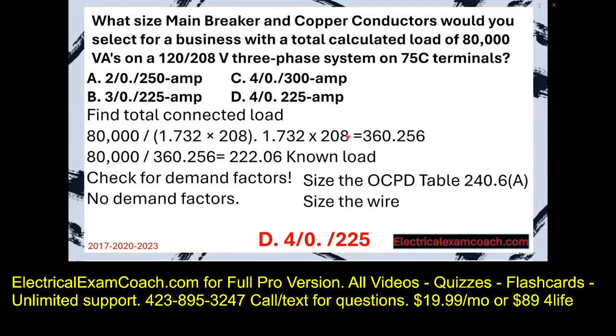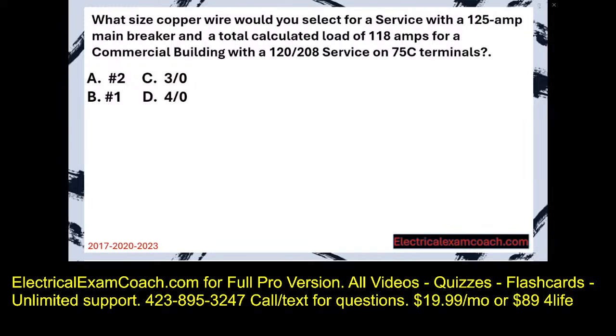In a few moments, we're going to be on residential, and you'll find that there are a couple extra codes that we need to know about. Let's get to it. What size copper wire would you select for a service with a 125 amp main breaker and a total connected load of 118 amps on a commercial building with a 120/208 service on 75 degree C